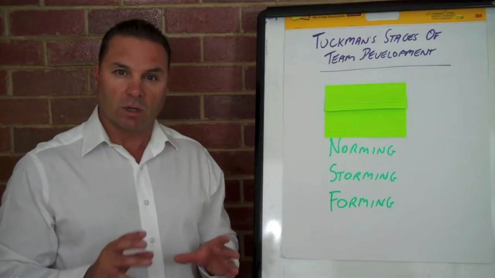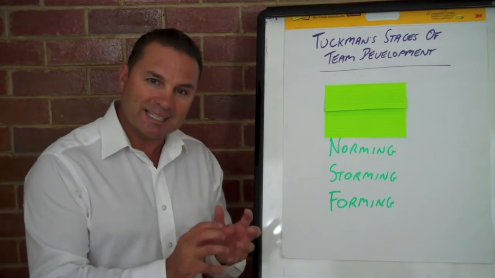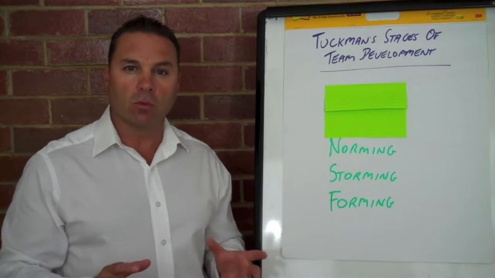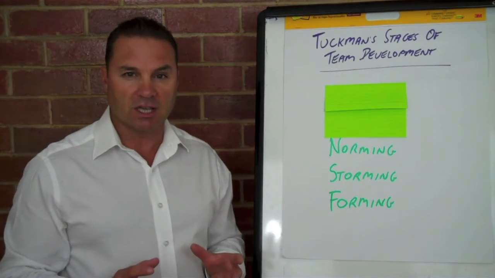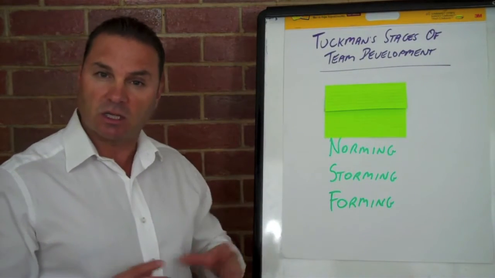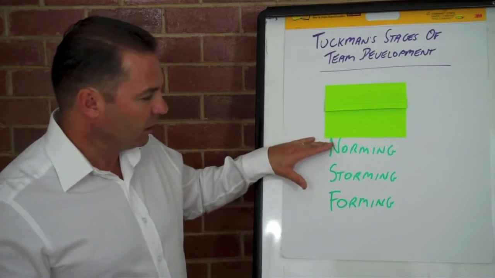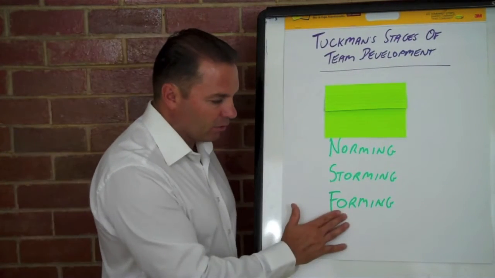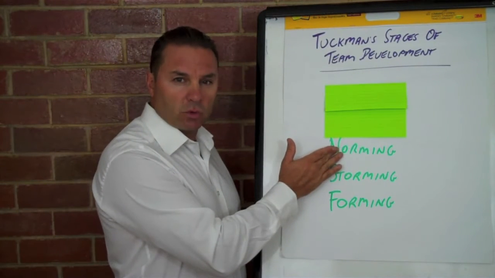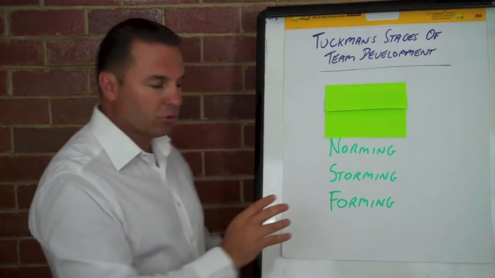So again, we are happy with the leadership, we're happy with our roles, we're now working together on whatever the project is, and we're discovering more and learning more about what each other's strengths and weaknesses are. So that stage is a stage that we can spend a lot of time in. Teams that are changing constantly will go back down to forming, maybe get stuck in storming, and then get back into the norming stage. So there's no guarantee that you'll progress, but the norming stage generally takes some time.